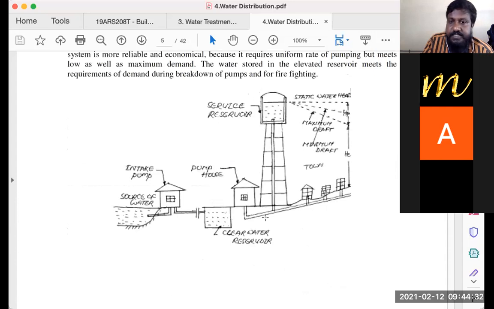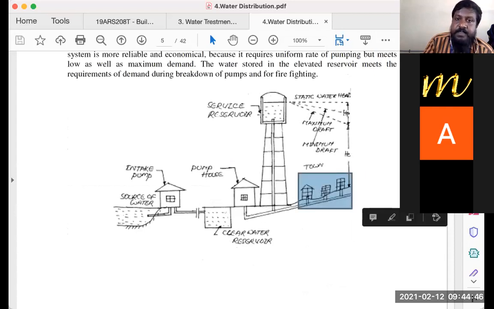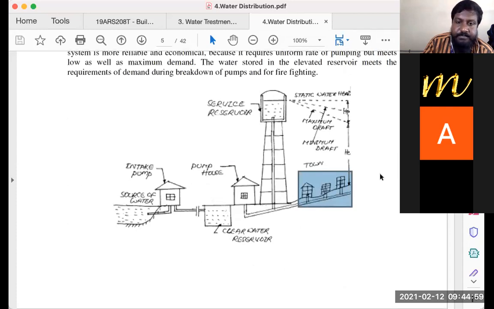So this could be taken as an example for a hill station where the water source is in a lower place. A pumping house is required to pump the water to a higher level than the habitable space, and then gravity is going to supply the water to the other side. In this, the pumping valves would be closed so that the water does not flow back. So this is how it's going to be taken up.